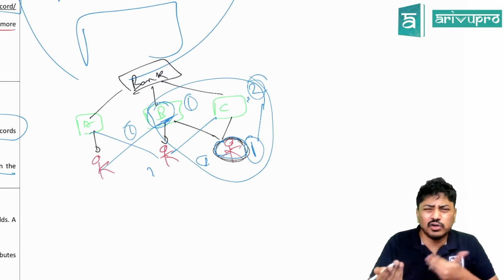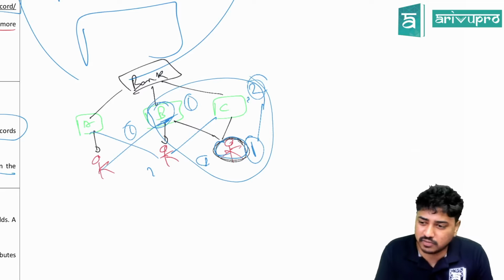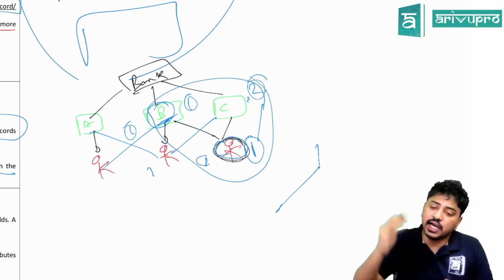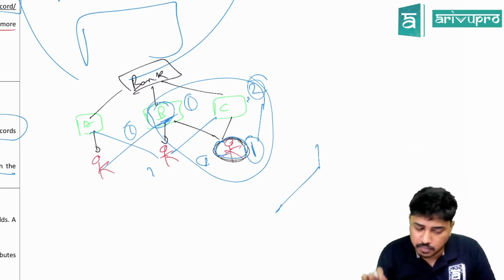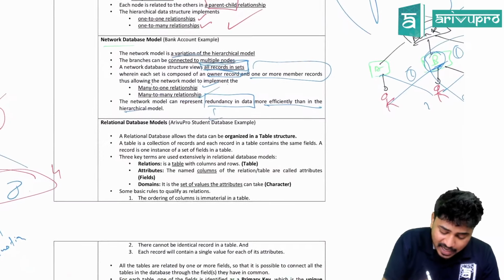Okay. It is how they are structured. That is not so important. But okay, if you have a doubt there, let me clarify. The connection is not like 1 to many. It is 2 to 1 or 2 to 2, whatever it is. Many to many. That's all it is. Clear? Done. Relational